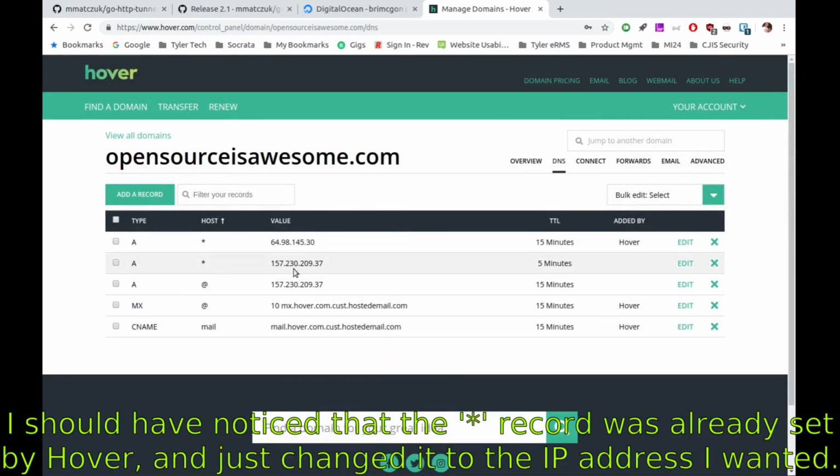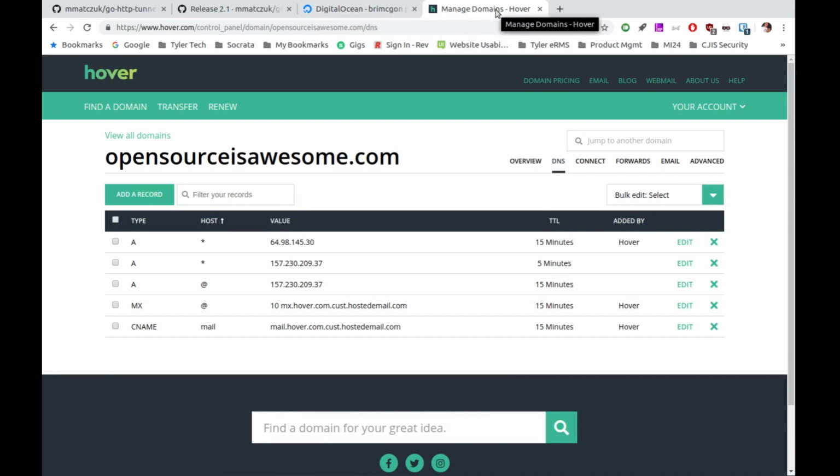Now we can see our star record is in there. We've got our @ record in here. Those should be getting updated in the next few minutes. And then we can get those to point to the different locations that we want. Alright, so